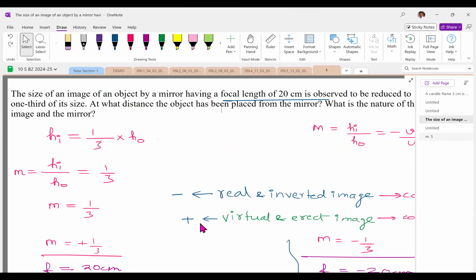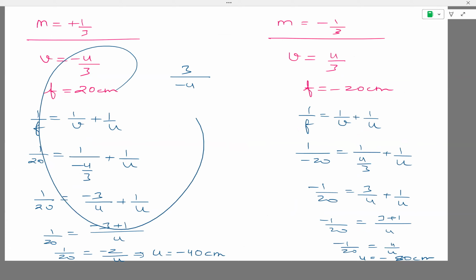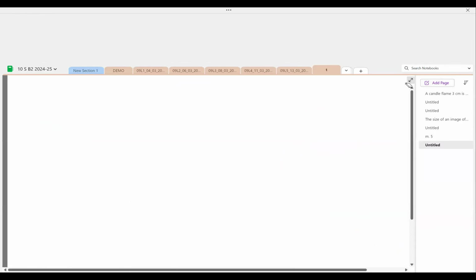So for this, you have to say that in this particular case, the image is virtual, erect, and diminished. In this particular case, you have to say the image is real, inverted, and diminished. I hope it is very, very clear. Okay. So maybe I'll actually write the conclusion for you. You can say,